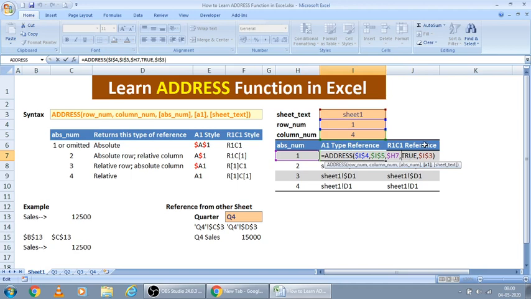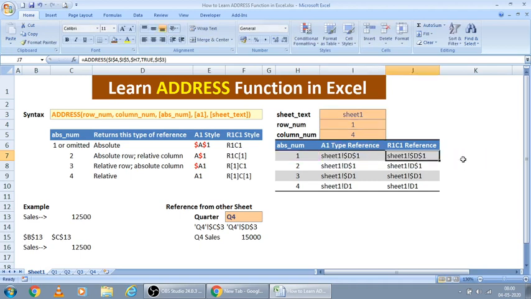It's true here, and in this J column I have given false, and for sheet text I have given the link to this cell. Same way, if you see it here, I have put false in it. By changing these inputs, we can get the desired text here. For example, here I require the 4th row and 5th column, which is E4. Like that we will get the reference here.